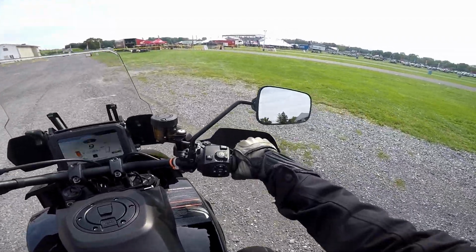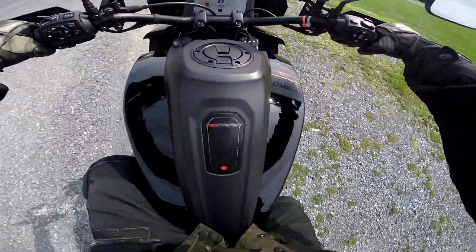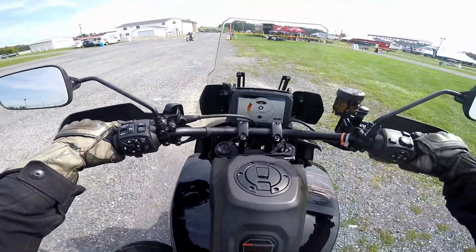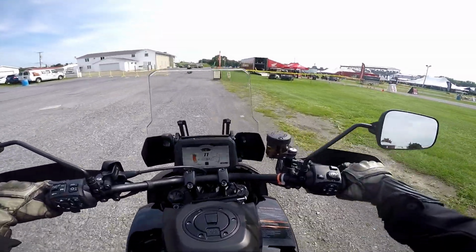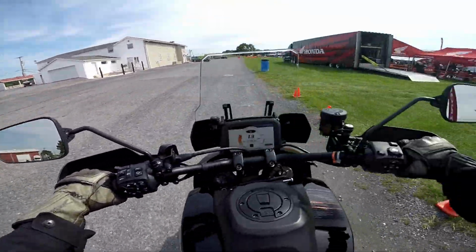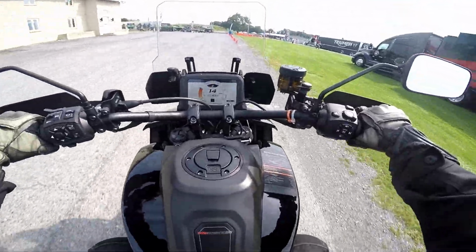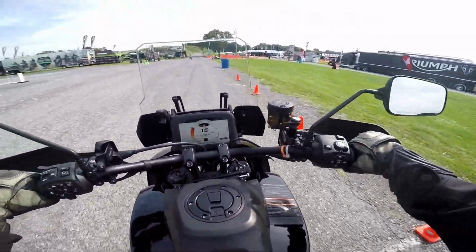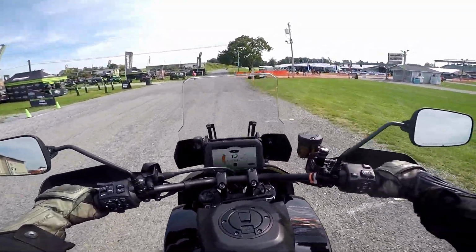So, is it this way? Yeah, shifting is not great. I think that might be the big downside, the shifting and the unrefinedness of the motor. But the rawness is what attracts me to the Super Tenere. But I am very...